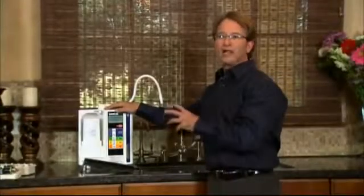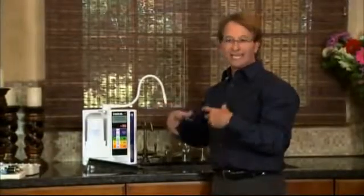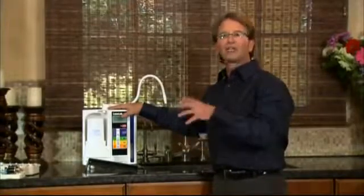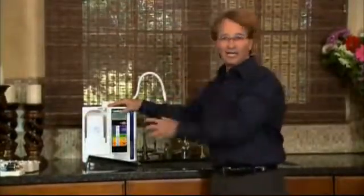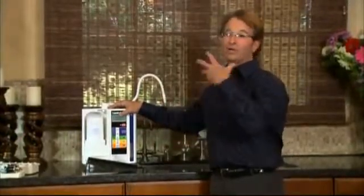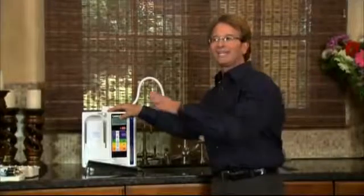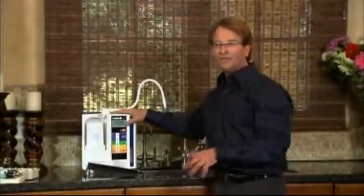What happens to all ionizers is they build up scaling inside the plates from the calcium that's in the water. And the other ionizers all have a self or automatic cleaning system, but none of them are good enough to completely clean the machine. So we simply spin this off, put on our cleaning cartridge, and you can clean this machine anytime you want. I use mine more commercially because I give away a lot of water, so I put a cleaning cartridge on mine once a month. They recommend you do it every 3 to 6 months. But the fact is, we can clean this anytime we want. That's why this will last 15 to 20 years. 5-year warranty on